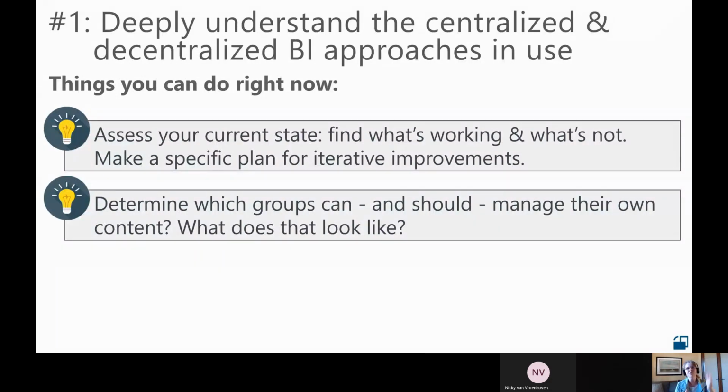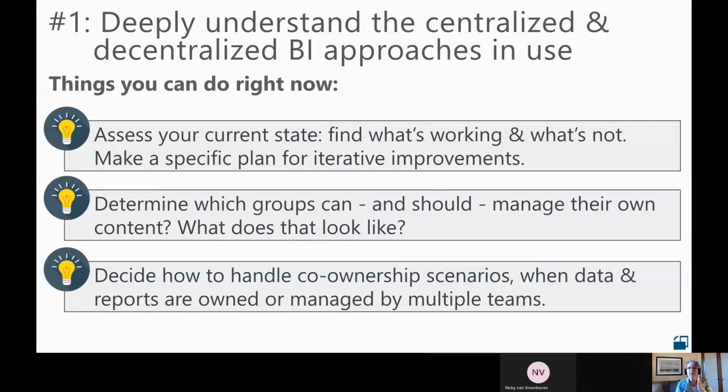It's not like that first column is a bad thing if it's done very effectively. And then the notion of what I like to call a co-ownership scenario. So perhaps it's not very black and white in terms of who is owning and managing the content. And so defining what that might look like if in fact it is a very gray situation, and handling that going forwards.